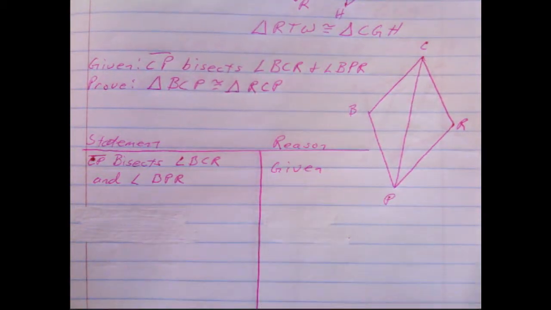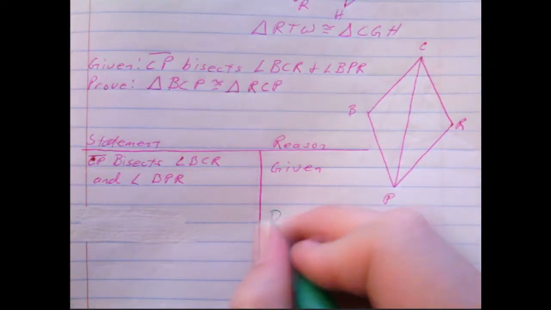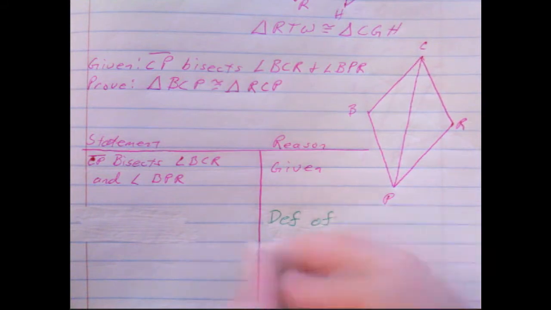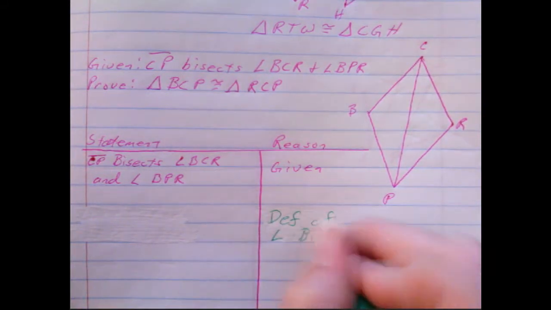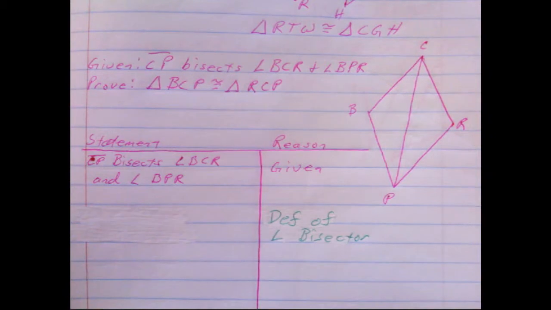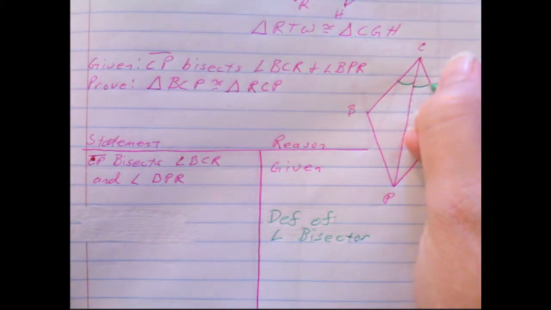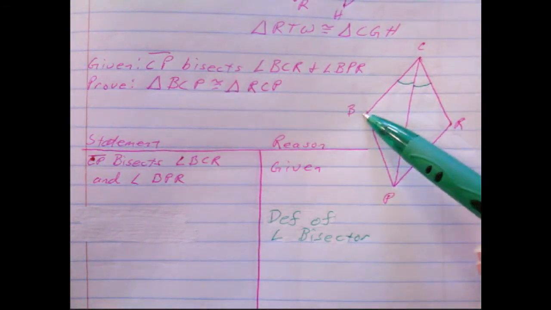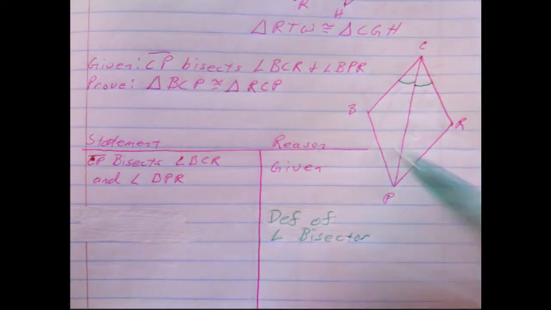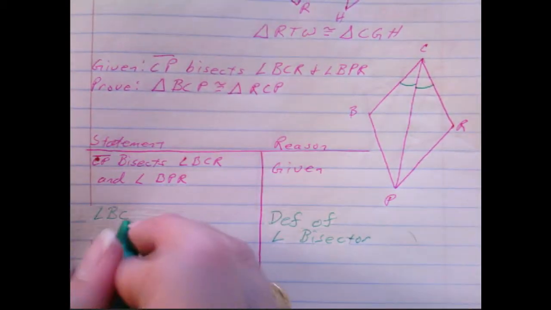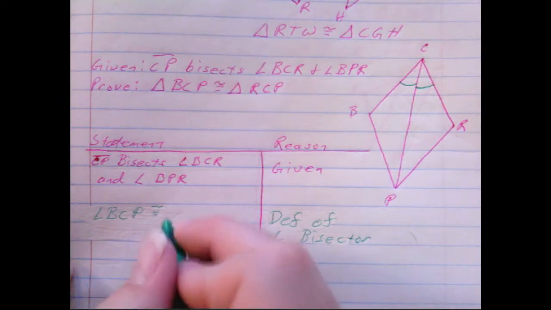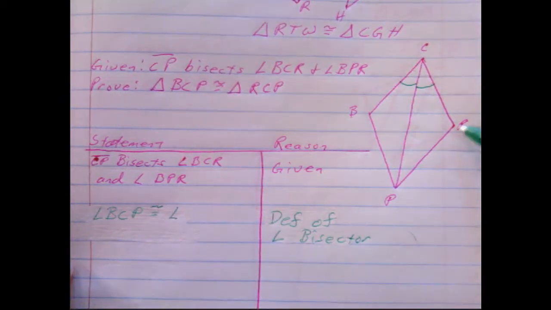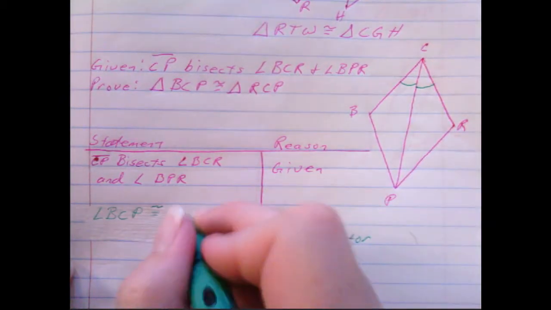That was our given. So then what does bisect mean? Bisect means it cuts it in half, so we're going to use our definition of angle bisector. Okay, so then that tells us this angle is congruent to this one. So I'm going to mark those, and then I'm going to name those. That's BCP, so angle BCP is congruent to angle, this side is RCP,